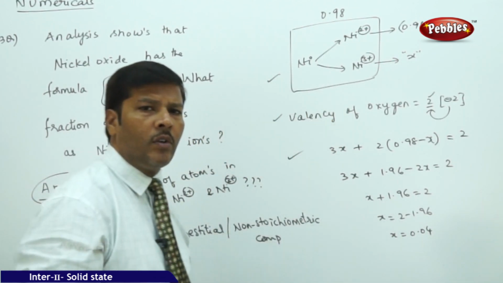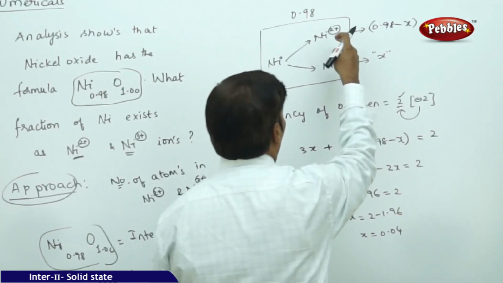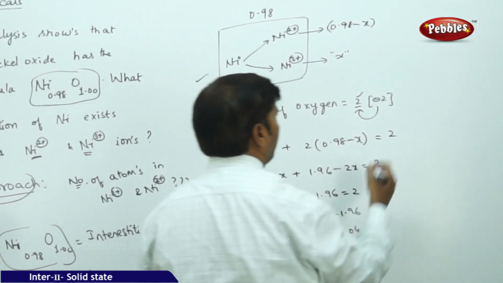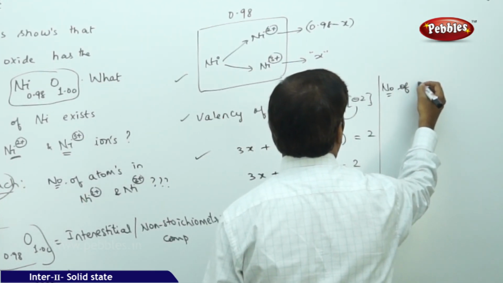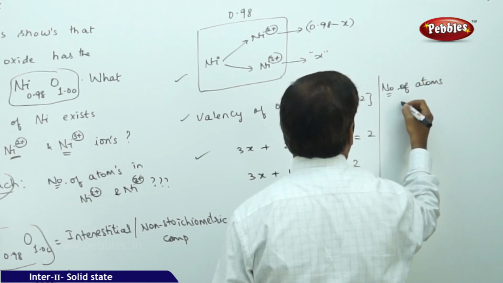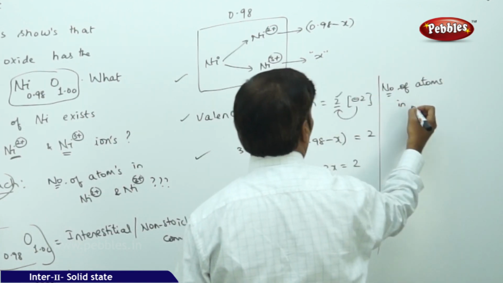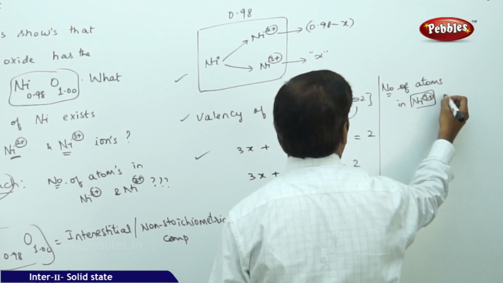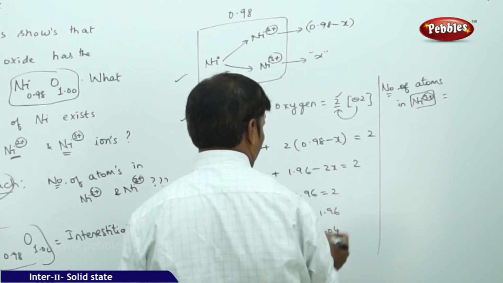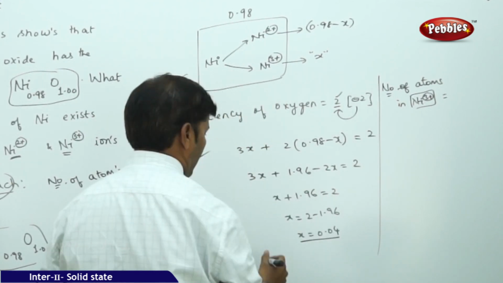So if x is 0.04, then what is the relative number of atoms? What is the exact number of atoms present? That is the number of atoms in Ni3+. The number of atoms in Ni3+, if you take, that is for x. Because the x value is 0.04, so